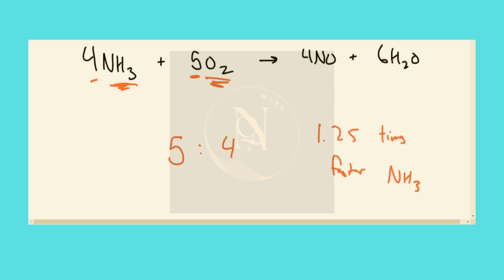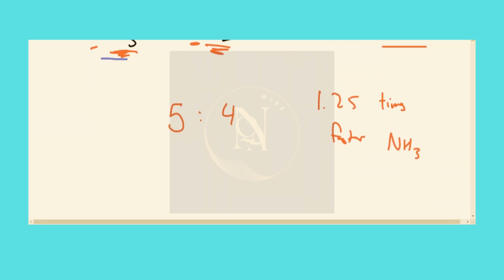Now, our next question asks us to relate how water is produced compared to the consumption of NH3. And so, again, I'll write this in this bluish purple color, for every 4 moles of NH3 that are taken up, 6 moles of water are produced. So water here on the right, NH3, which is to say that for every single mole, let's divide both these numbers by 4, so we get 1. 6 over 4, that's 1.5. For every mole of NH3 that's taken up, we have 1.5 moles of water produced,